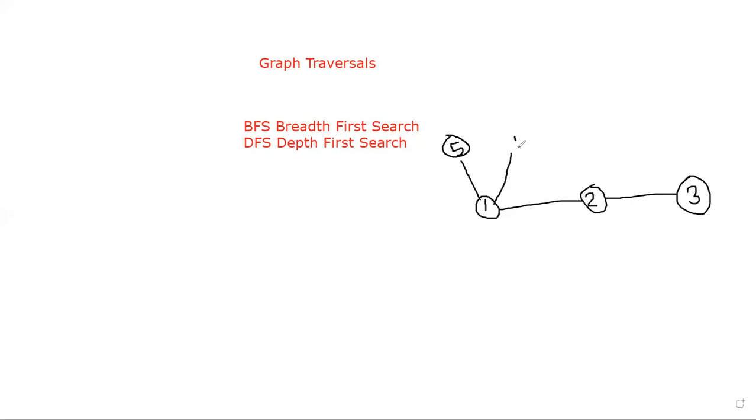And here we have another one, this is 4. Okay, and here suppose we have 6. And here we have 7. Okay, so this is our graph, and I'm going to take this graph as the example, and I will explain how